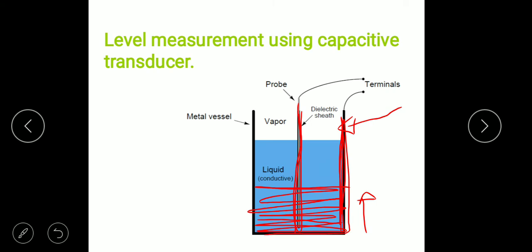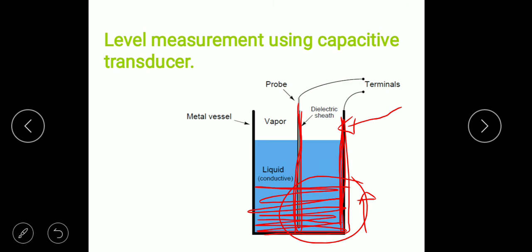So the overlapping is happening here. Whatever the liquid content is there, covering the area of the metal electrode. When the liquid level rises from the zero position upward, whatever area is covered by the liquid, only for that area the capacitance will develop, or we can say the capacitance will change with a rise in liquid level in the metal vessel.